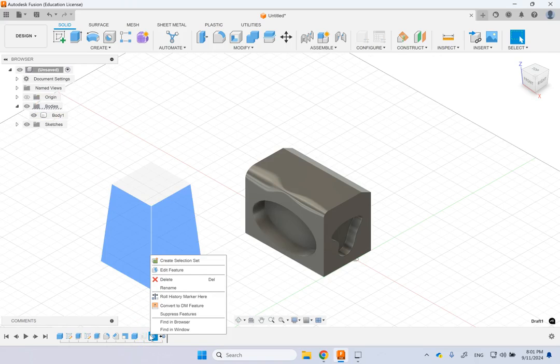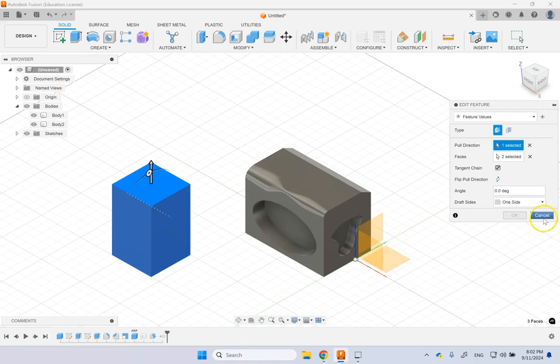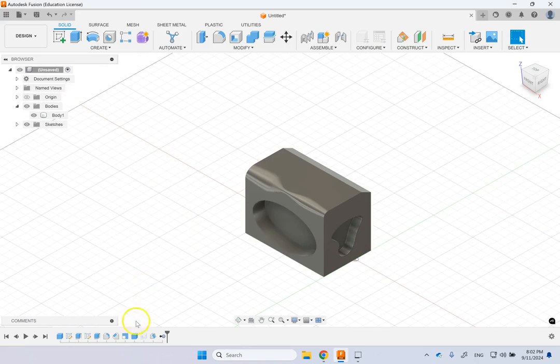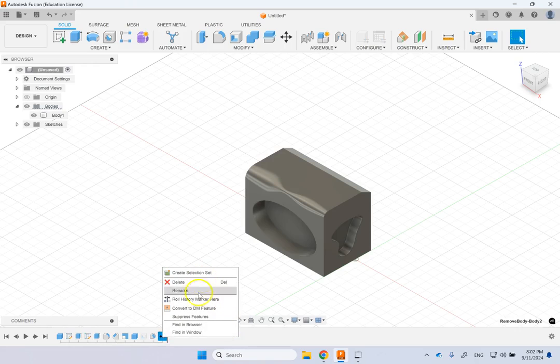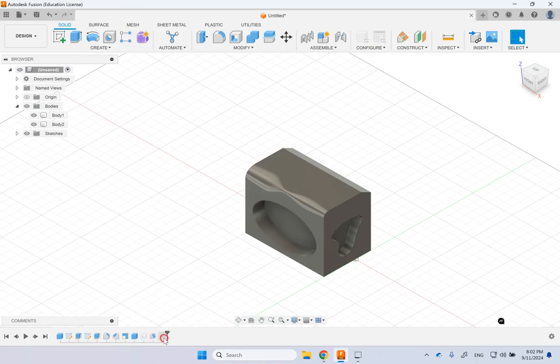And if I right click here, can I get this guy back? So right now I can suppress it. I can convert it to DM features and so on. I can delete it. I can edit everything, right? But can I get this guy back? And look here, there is one thing right next to it. It says remove body. So that remove is done, but it has added an operation here on the operation bar. If I right click on this remove body and get rid of this one or suppress it, or let's delete it,